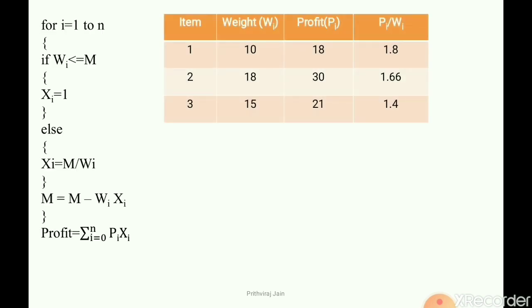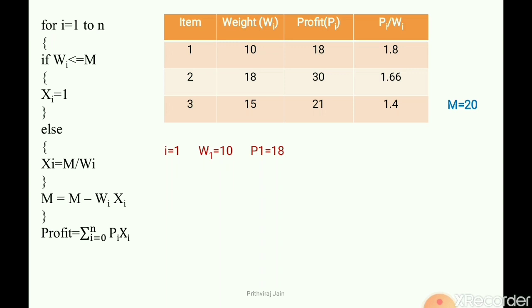This is the given table and this is the code block. First we will choose the first item. I is equal to 1, W1 is equal to 10, and P1 is equal to 18, as it is given in the table. Okay, so then the first thing is we have to check whether